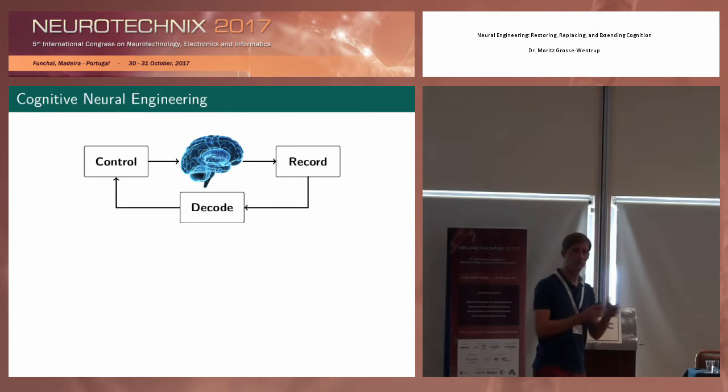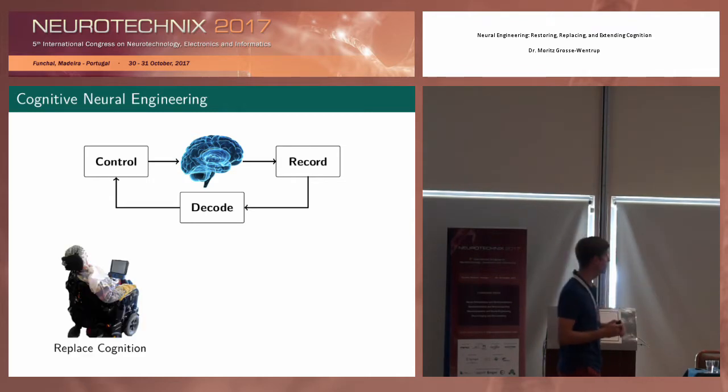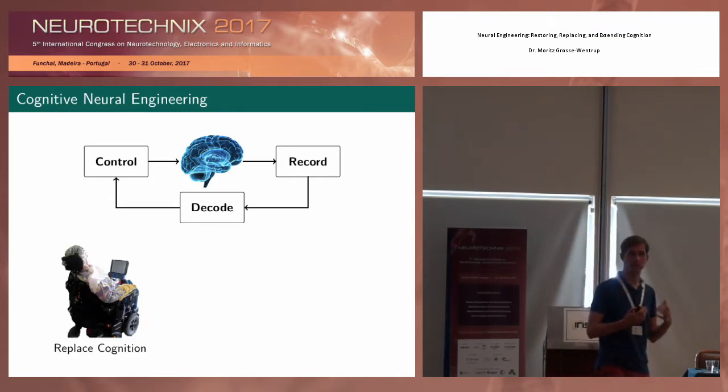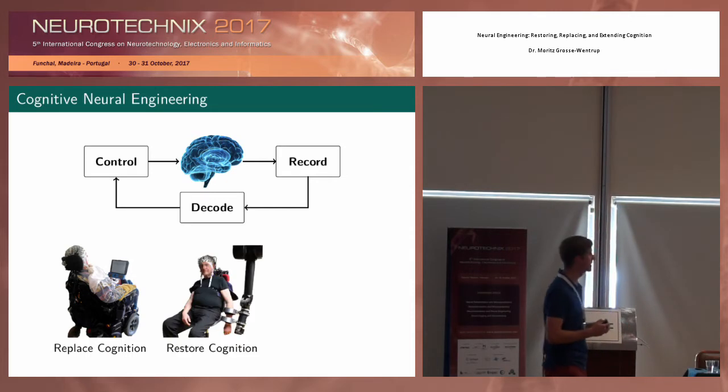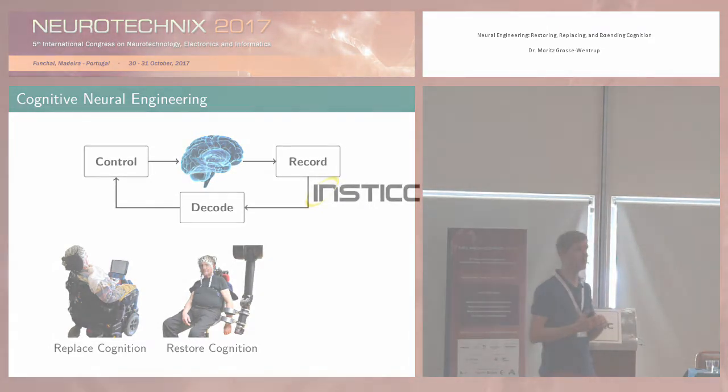And what we can do with that, I group into three different topics. We can try to replace cognition, in the case of brain-computer interfaces, where we try to provide a new communication channel to locked-in patients. We can attempt to restore cognition, where we only use this technology as an intermediate step, for instance, in stroke rehabilitation, until patients have regained some cognitive skills. Or we can also use it to extend cognition, like these rats here from the